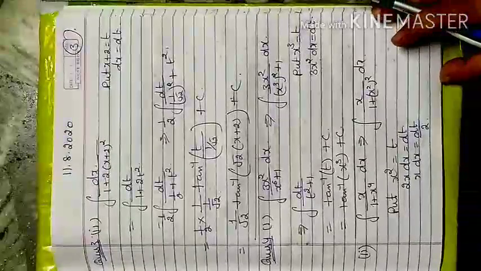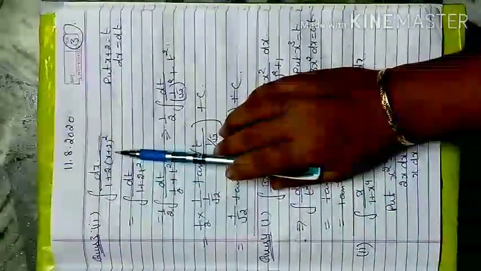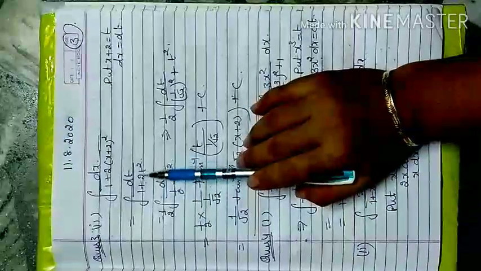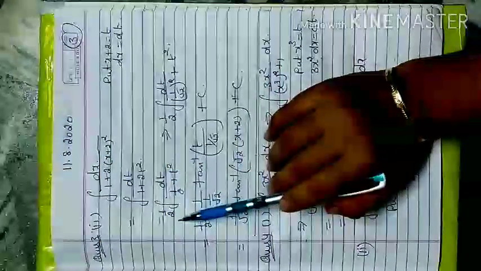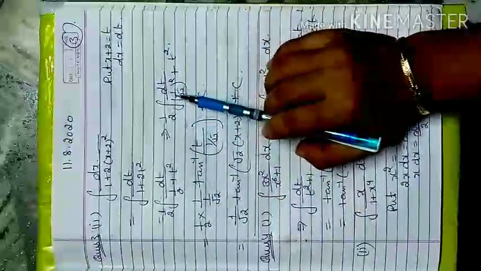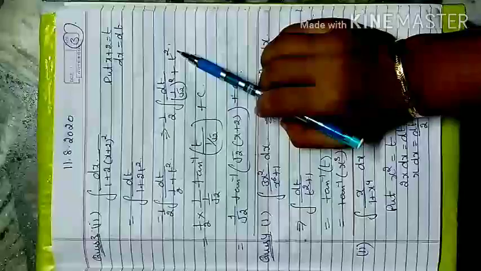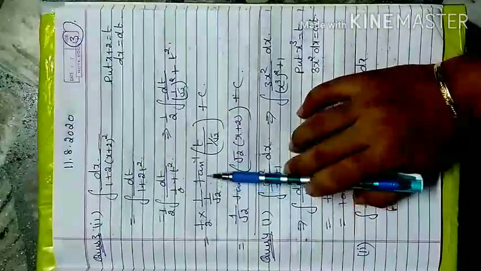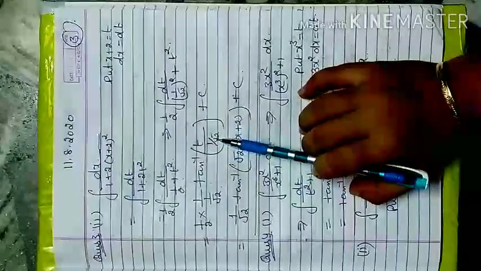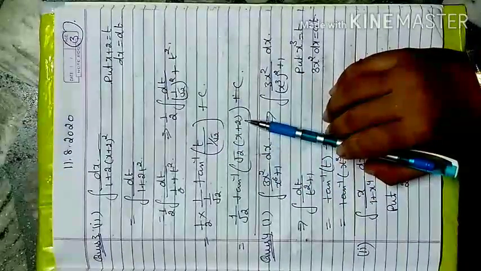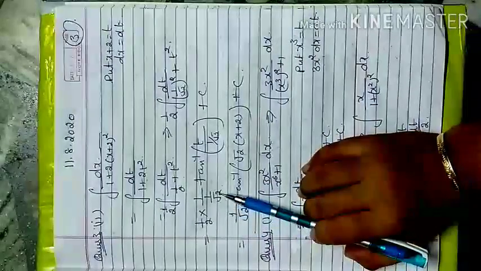Next, third question, second part, you also do it like that, x plus 2 considered as t, so that becomes 1 plus 2t square. But before solving, 2 should be taken common outside, 1 by 2 dt by 1 by 2 plus t square, 1 by 2 dt by 1 by root 2 whole square plus t square. So 1 by 2, 1 by a, in place of a is 1 by root 2, tan inverse t by 1 by root 2. Now root 2 moves upward, t is replaced by x plus 2, and this 2 and this root 2.